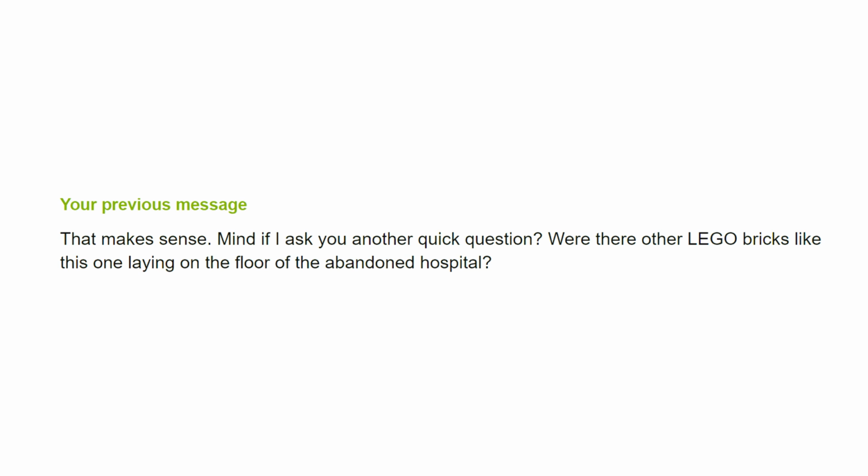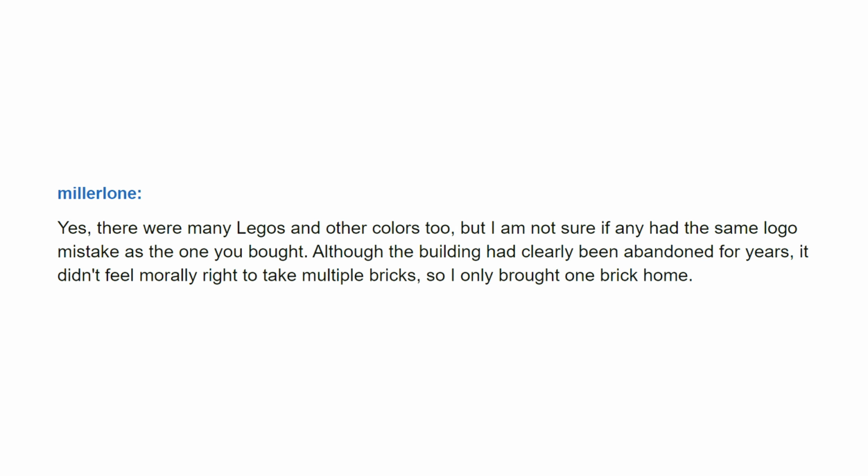Mind if I ask you another quick question?" And I asked, were there other LEGO bricks like this one lying on the floor of the abandoned hospital, or that abandoned building that he found it in? And to my surprise, he actually responded back, "Yes, there were many Legos," which come on, dude. Lego bricks, please. Don't use the word Legos. Anyways, "Legos and other colors too,